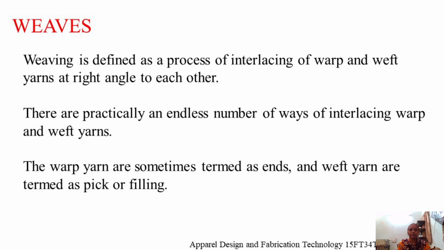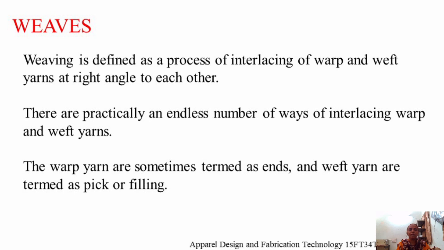What is weaving then? Weaving is nothing but the major method of fabric construction, that is, the method which is used for the construction of fabrics. Here for weaving you need a device, that is a loom. Different types of looms are used to manufacture fabrics, maybe shuttle loom or shuttleless loom. In earlier sessions we have discussed the types of shuttle looms and shuttleless looms. Instead of the shuttle, we are using some other devices to insert the weft yarns.